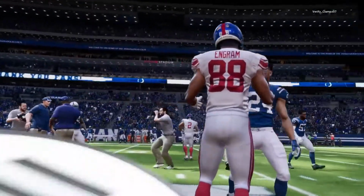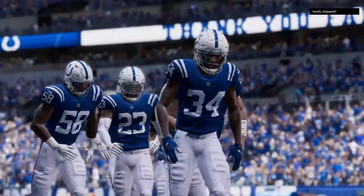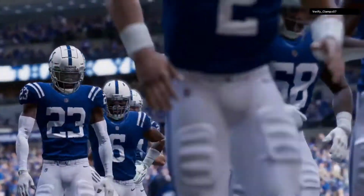Yeah, think about the team that just got vanquished. They did score in the second quarter. Do you think they thought at all that that would be their last